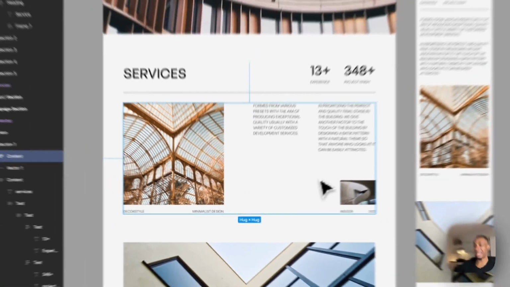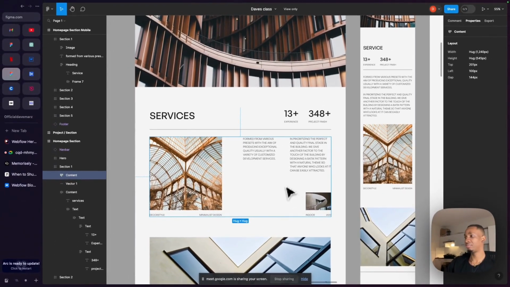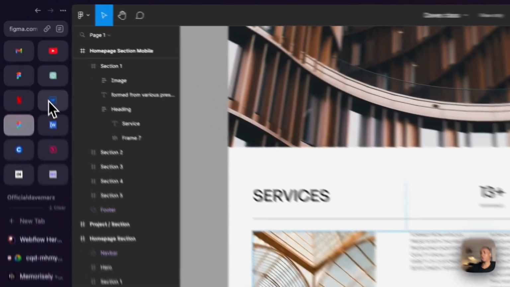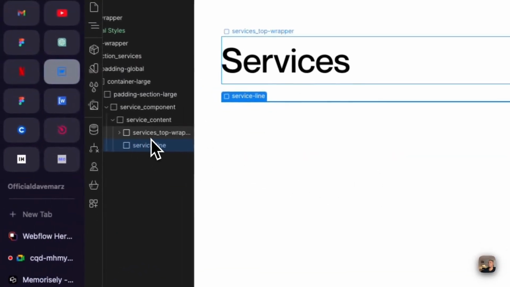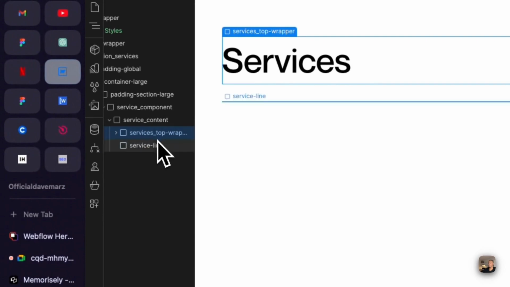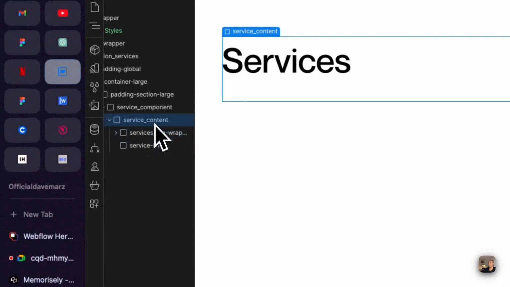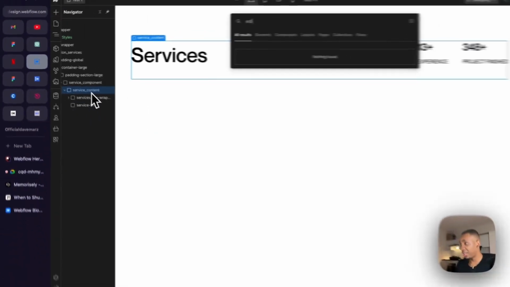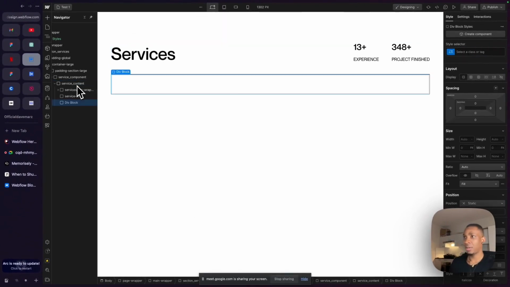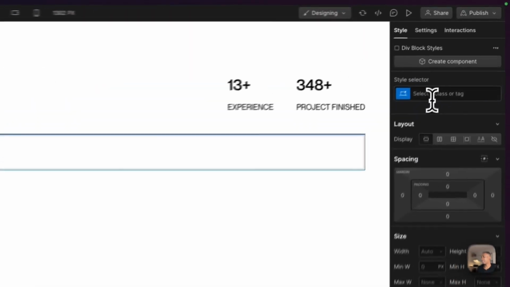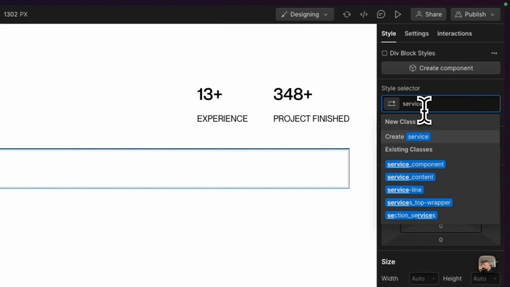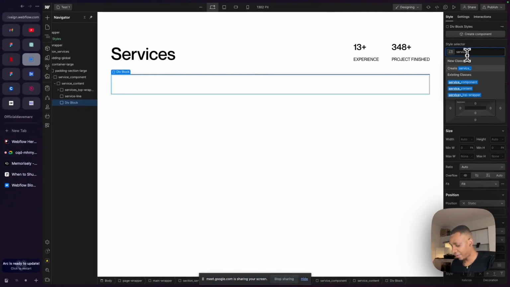We're going to use grid here. 100% grid. So yeah, let's do this part. We're going to call it service bottom. So inside of the service contents, I bring in a div block, and I'm going to call it service bottom